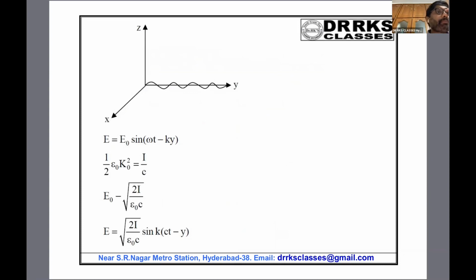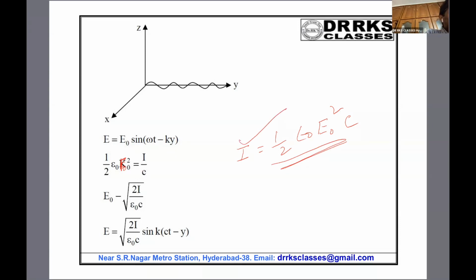So look at this. We know that the electric field and magnetic field are perpendicular to each other. Here this is the electric field, E naught. We know that intensity I is equal to half epsilon naught E naught square into c, the intensity of the wave. That means I by c will give the energy stored per unit volume, the energy density. From this equation, because intensity is given, I can find the electric field. Once I know the electric field, I can calculate the magnetic field also.